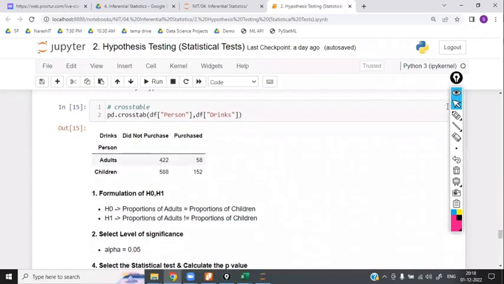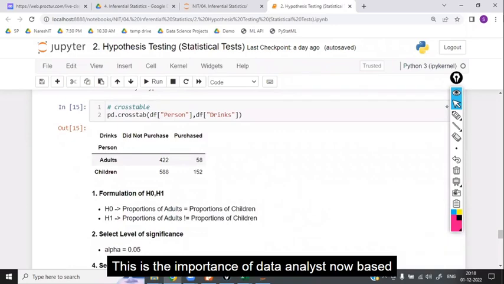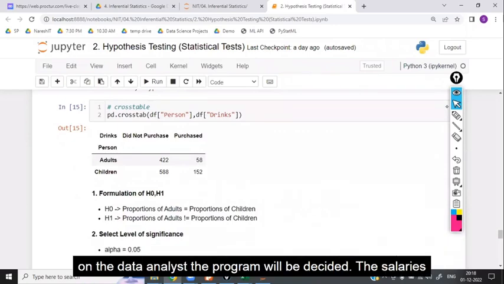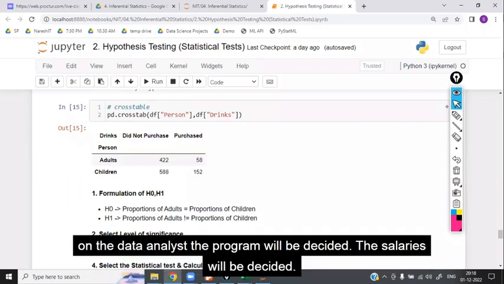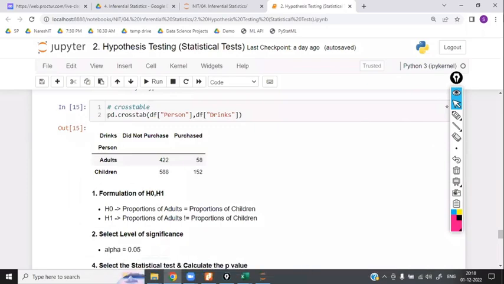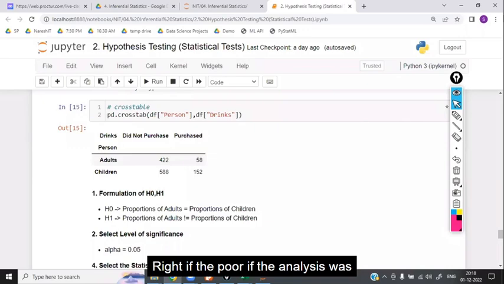Is that clear? This is the importance of a data analyst. Based on the data analysis, the program will be decided. The salaries will be decided. Right? If the analysis was done wrongly,